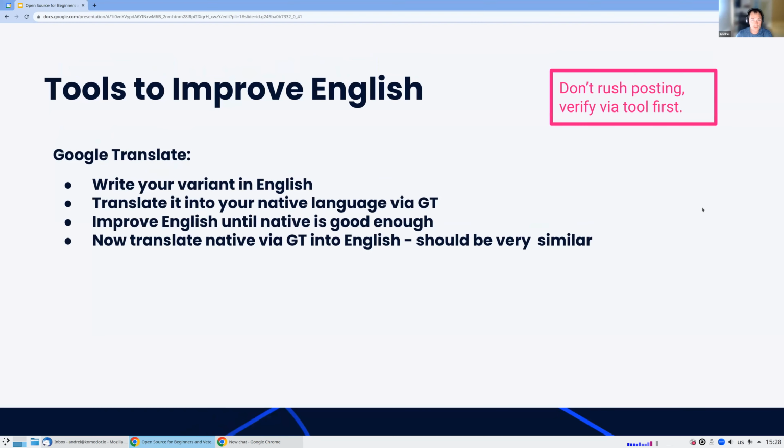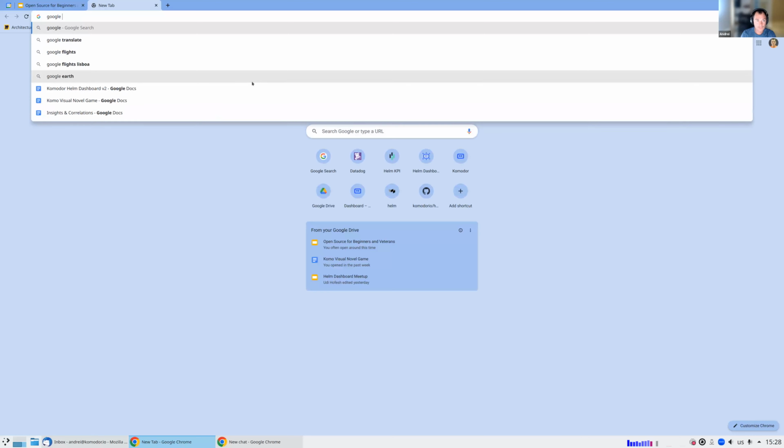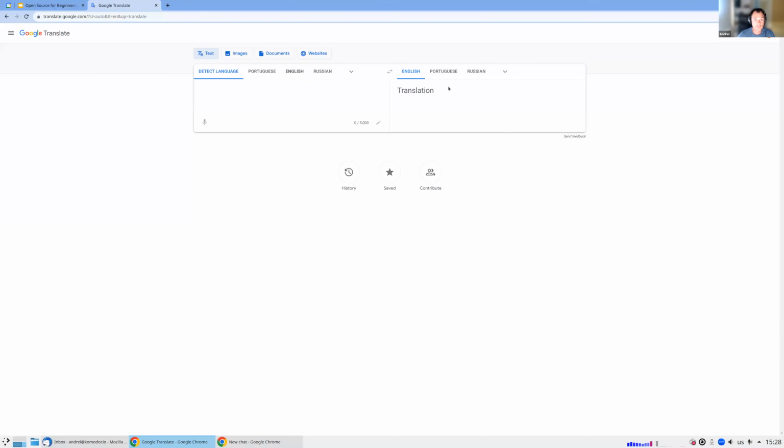And let's have some practice. Let's open Google Translate. And this is how I use it. Let's say I want to write something and my native language is Portuguese. Instead of writing in Portuguese and translating, the right way is to write in English, because I want to improve my English skill.